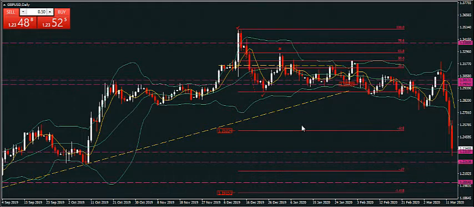moves. How long you should hold on to a trade. When should you expect some kind of a bounce or a retracement? I know that after a few days, people start getting pretty... Their expectations are that it's pretty oversold or overbought in one particular direction or the other, and then they start looking for a bounce. And I know that people do that because I used to do that, and a lot